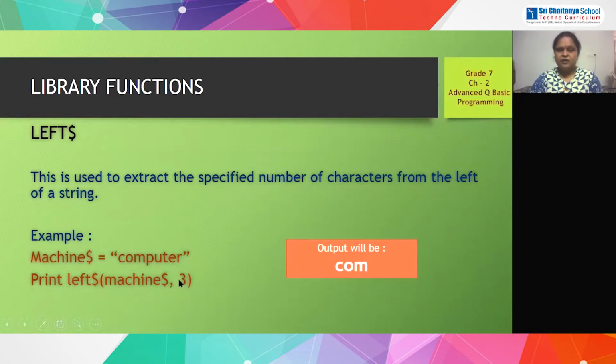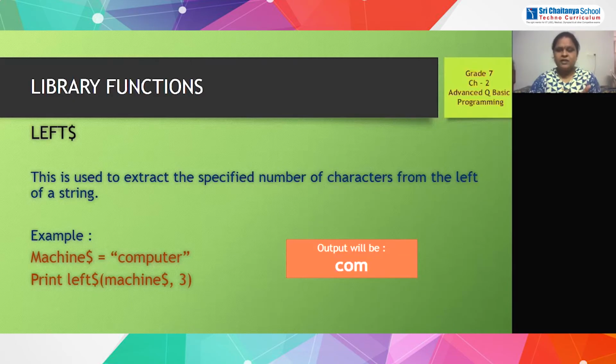And in front of the comma, I have written 3. Means from the left side of the string, the first 3 letters will be printed. See, what are the first three letters of the string value? Here the string is computer.